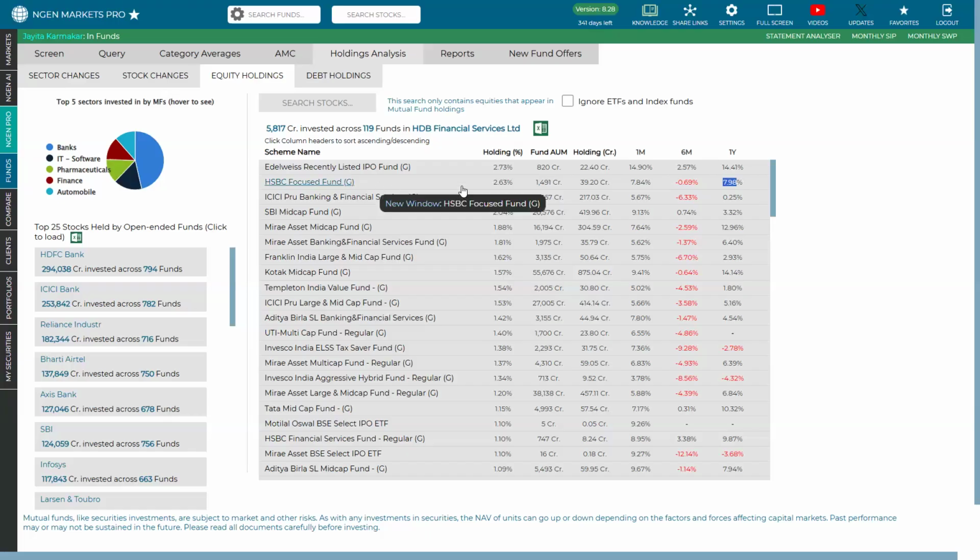So here you can see this data for active and passive funds. But if you wish to check this data for only active funds,